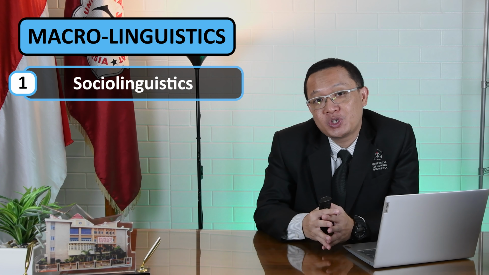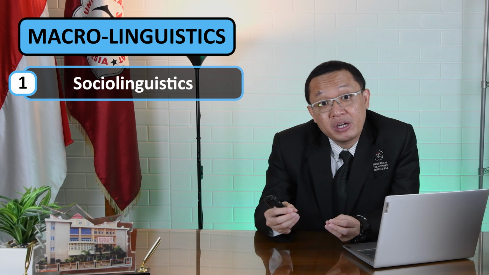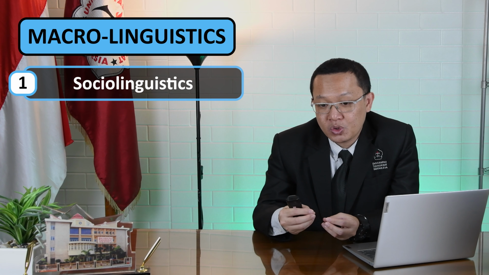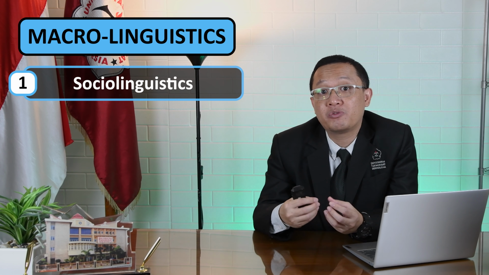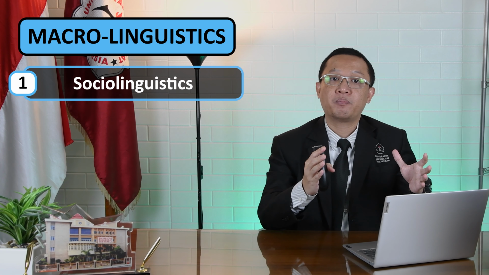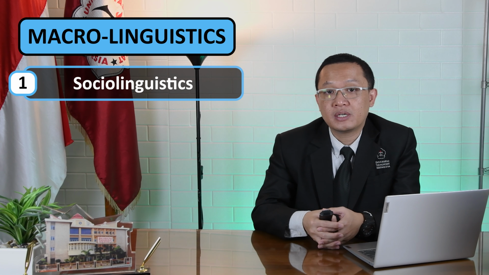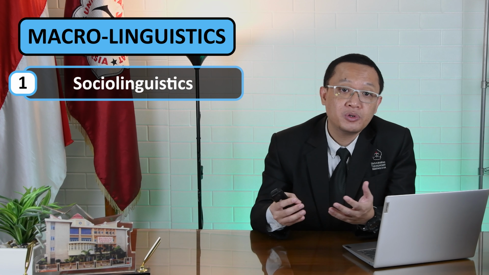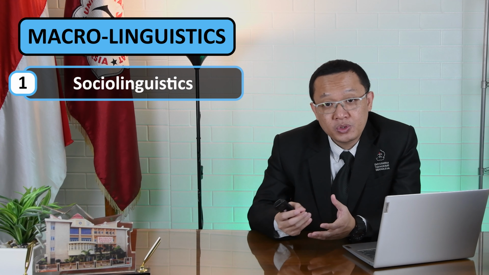So when we talk about social linguistics, it means that it studies about language varieties, how language is used in the society. We also can discuss about language policy, language planning. We talk about register, so how language is used in different part of the world. We also talk about some of the issues about local language, for example, language maintenance, things like that. Next, in macrolinguistics, we also